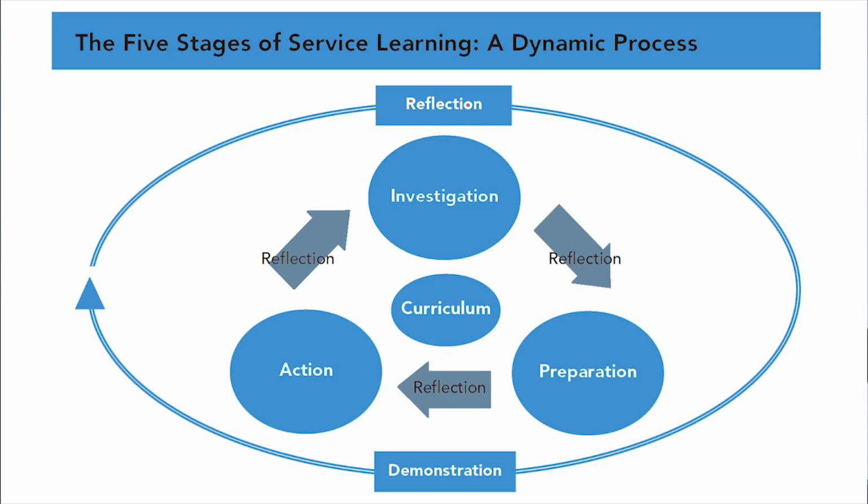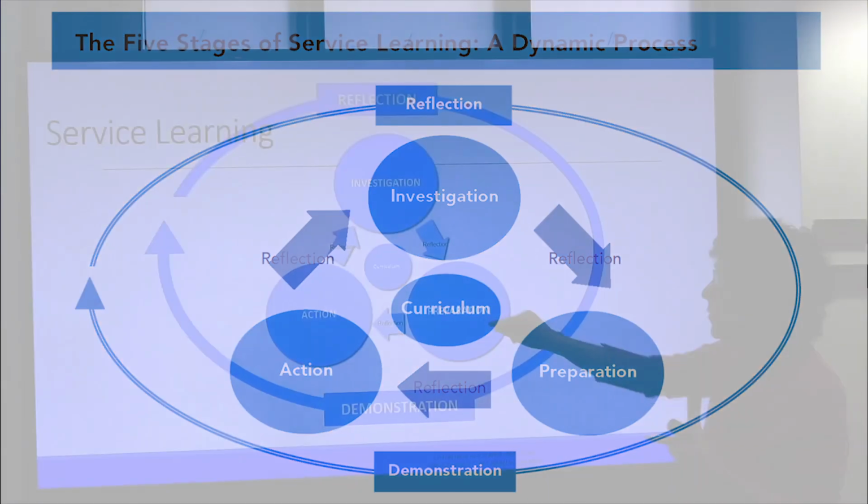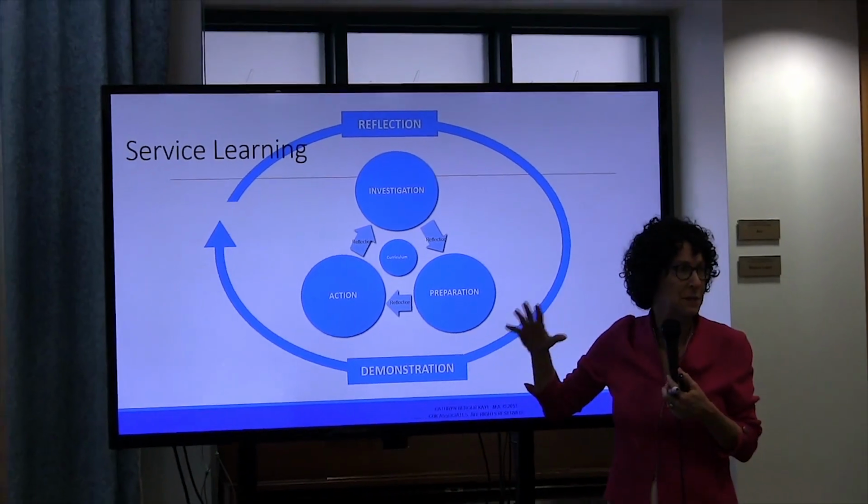We also need to look at, well, what happens? And we know that we investigate to find out more, like it says, to find out what matters and define a community issue. We prepare as we really go deeper into topics. We take action that's varied. It's either direct, indirect, advocacy, or research. And then we do summative reflection, and we do demonstration. But if you look at the little arrows, what do you see on the little arrows? Reflection. I could have put reflection inside the bubbles too, but it got to be too much.